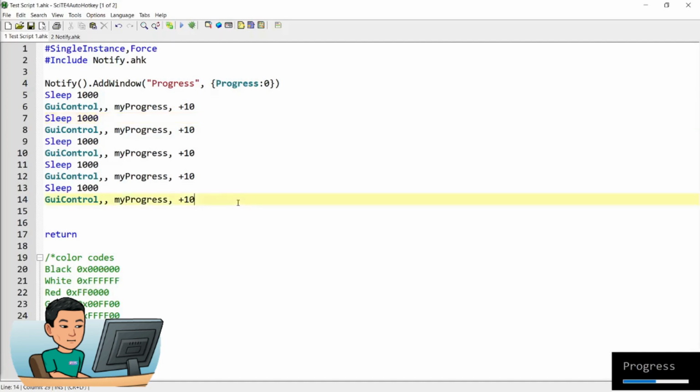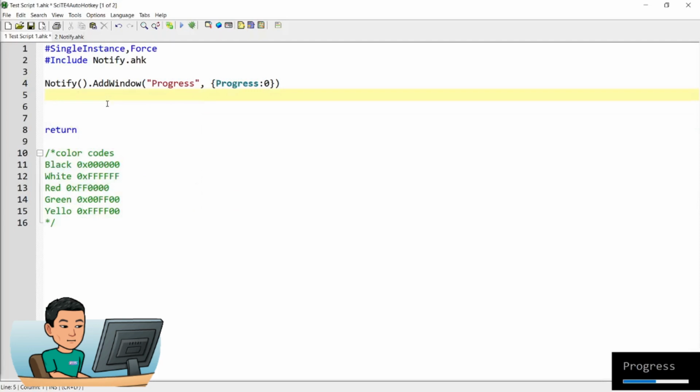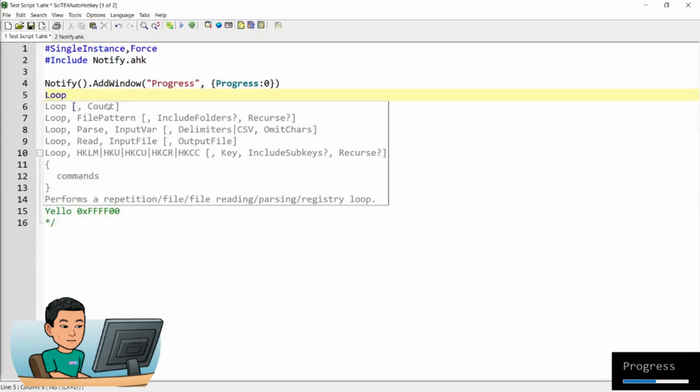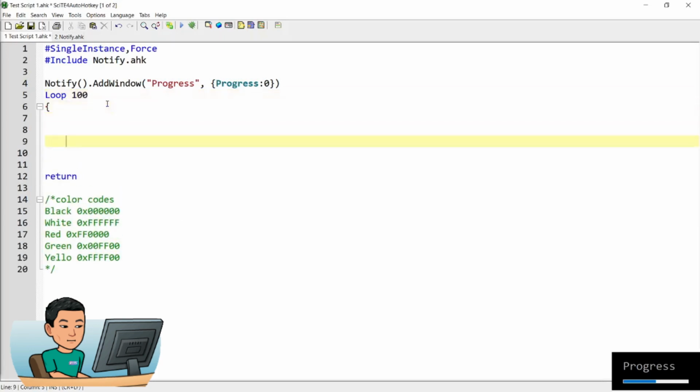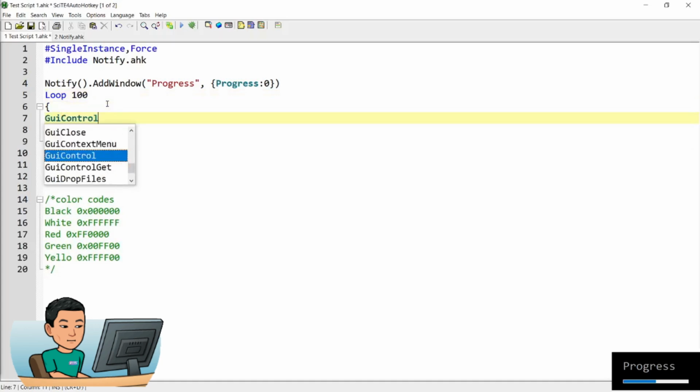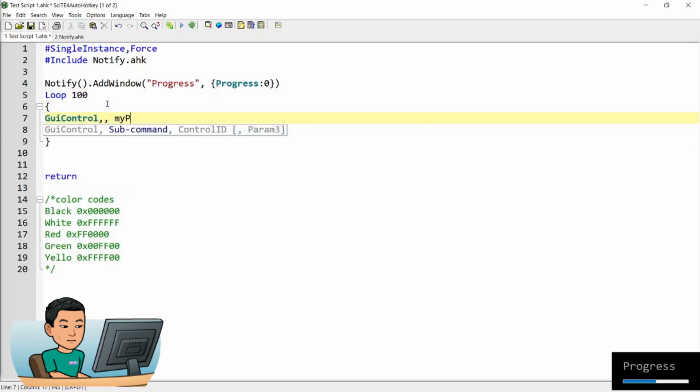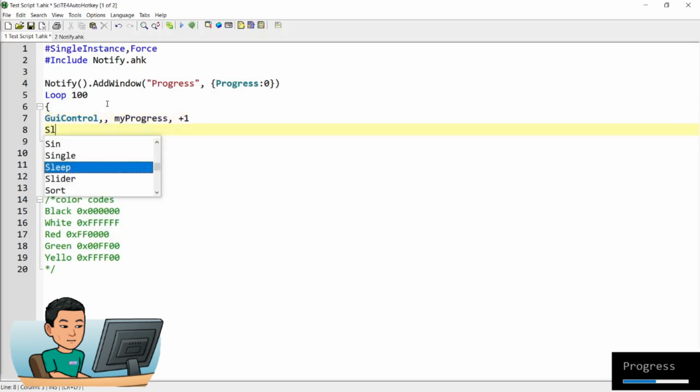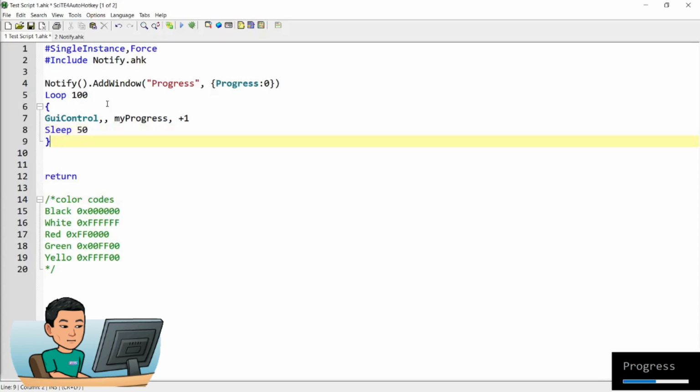And you can also use a loop of 100 loops, and use the same GUI control command to increase my progress by 1 and place a sleep of 50 milliseconds, and then run that, and you can see that the progress goes up